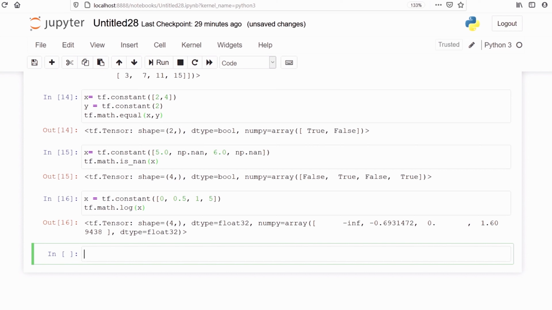There's a method maximum, and this method returns the maximum value when we are comparing two tensors. So first we have to make two tensors and then compare them against each other. Let's make two tensors first.